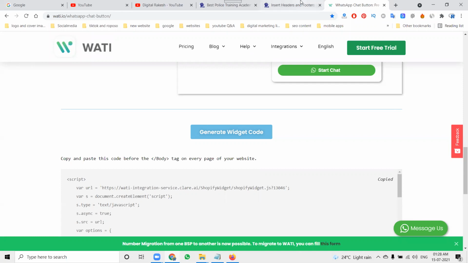We can also use a plugin in WordPress for the WhatsApp chat button. That will help the particular WordPress site too. But which plugin works and which plugin doesn't work can be confusing, and that is the purpose. I'm saying use this Wati website. You can utilize it and happily add the WhatsApp chat button on your particular WordPress website.